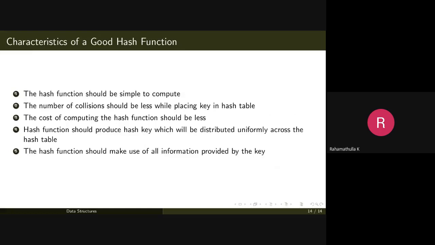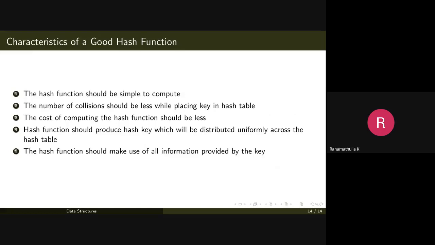We will be discussing some of the collision avoidance mechanisms, but a good hash function should have only a very small number of collisions. We cannot completely avoid collisions, but if the number of collisions is very small, then that is a good quality of a hash function.